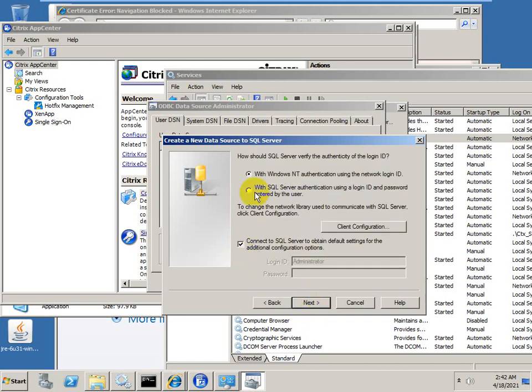And next, SQL authentication with ID and password entered by the user, or NT authentication. I'm just going with the NT authentication, administrator and password. Let me check that. I just click next. The ODBC service is required to create communication between the Citrix server and the database service.